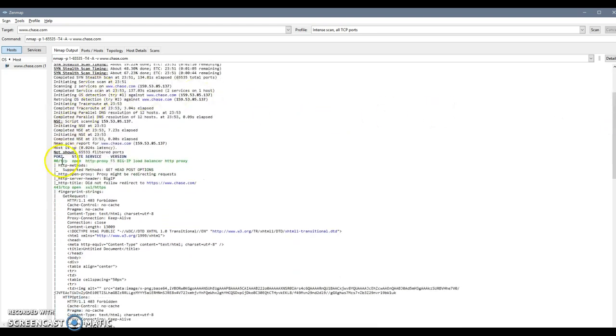You can see over here that port 80 is open, and it's named Big IP Load Balancer. So they have a load balancer running, so when they get super busy, then it's able to direct requests in the appropriate way. And then they have